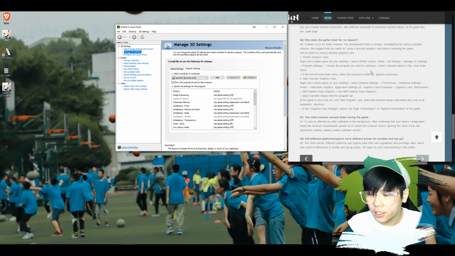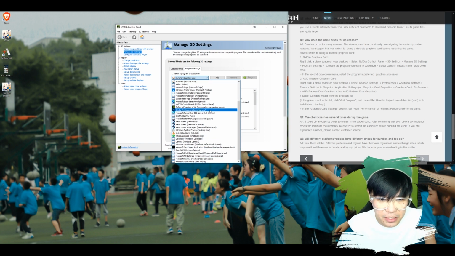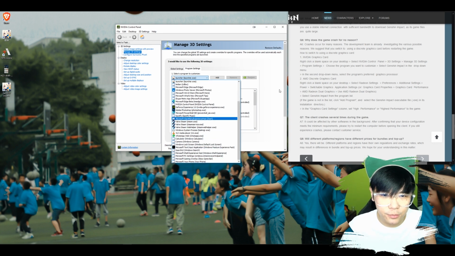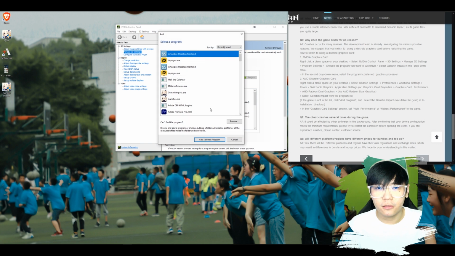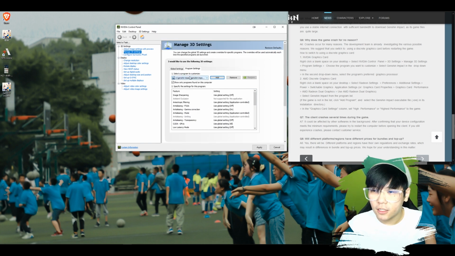Choose the program you want to customize. Select Genshin Impact in the drop down menu. This is the only one that I have. I don't know if this is the one, but that's the only option that I have. Otherwise, click Add here and then go to Genshin Impact. It should be this one actually. So add this and then